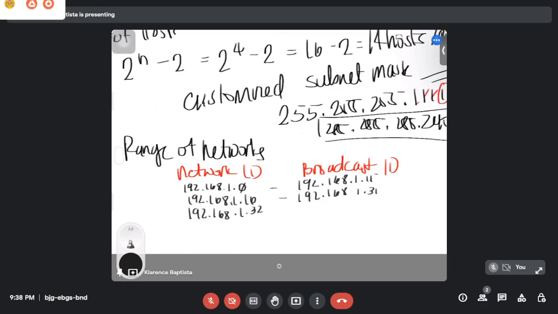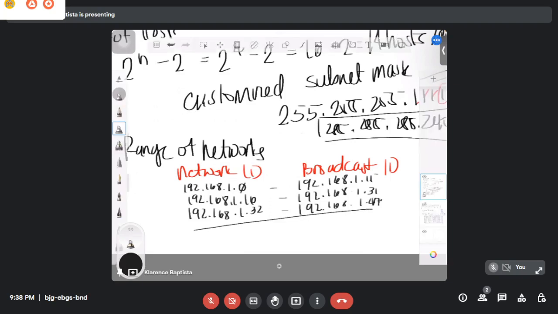Okay? So, dito naman, dahil ang next niya is 48, so we have 192.168.1.47. Okay? Ginagawa ko po, dahil mahaba na po siya, maglalagay lang po tayo ng line na nakaslant. Nakaslant po yun. So, next natin would be